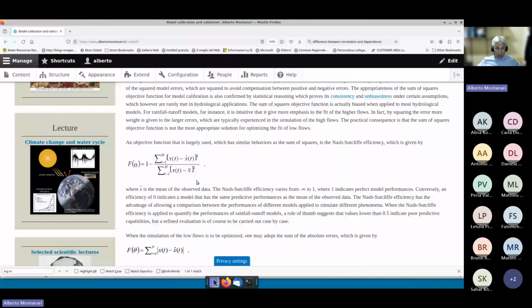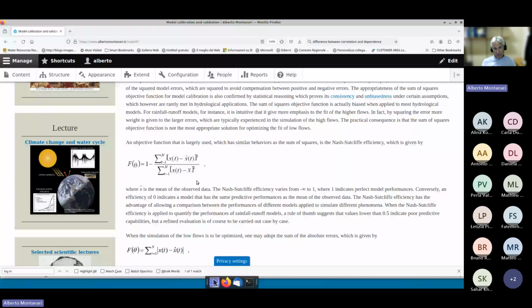There are variables that are easier to simulate. Typically the variables that you aggregate over long time steps, like monthly values, annual values, these are easier. And there are variables, typically those that are simulated at fine time step, daily, hourly, that are more difficult to reproduce. And also precipitation is more difficult to reproduce than river flow, for instance. So, as I said, it's a pure rule of thumb. But it is true that from a technical point of view, if you get efficiencies lower than 0.5, it is